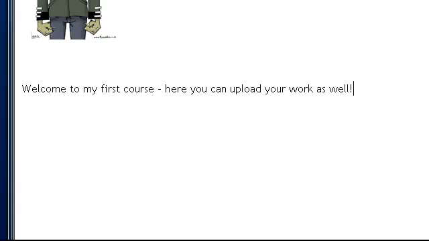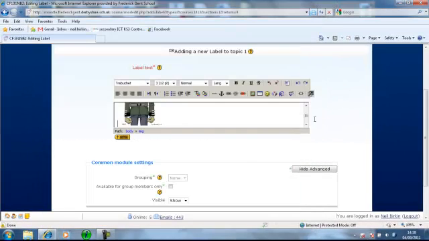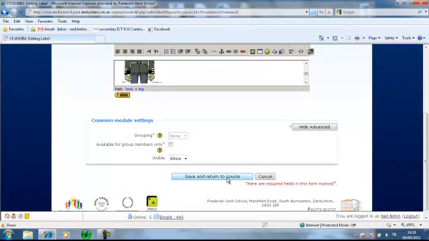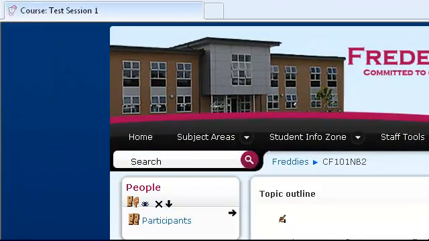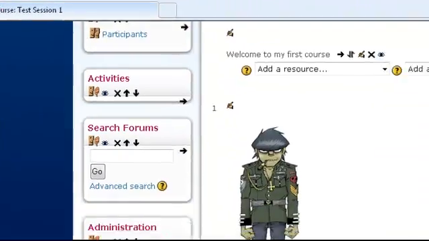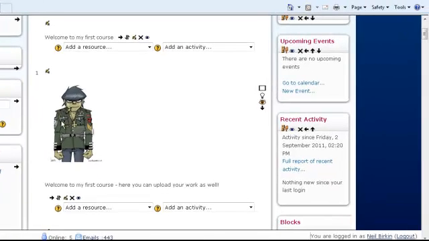Okay, so I'll just X that off, and here we just click on save and return to course. Right, now very basic. There we've got our simple bit of information that in this case would go to the